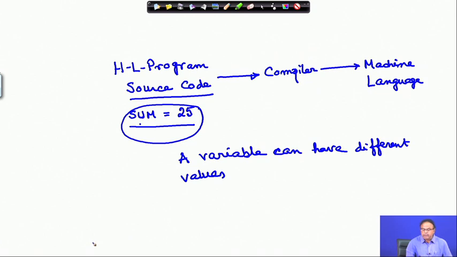For example, here I am making sum equal to 25. After a while, I can make sum equal to 37. Therefore, sum is a variable and it can have different values, right.